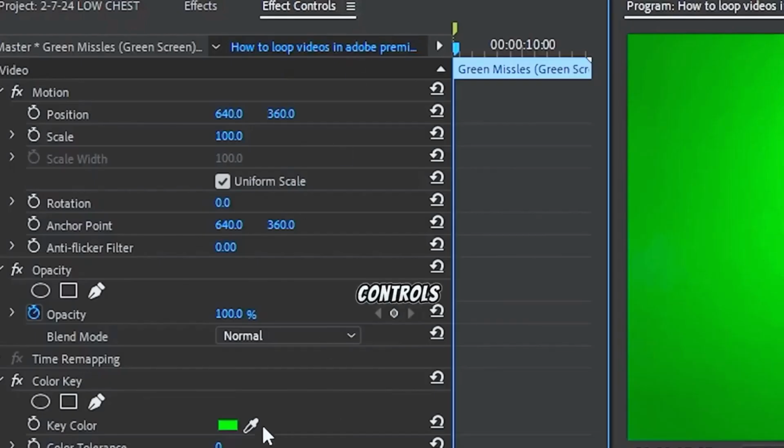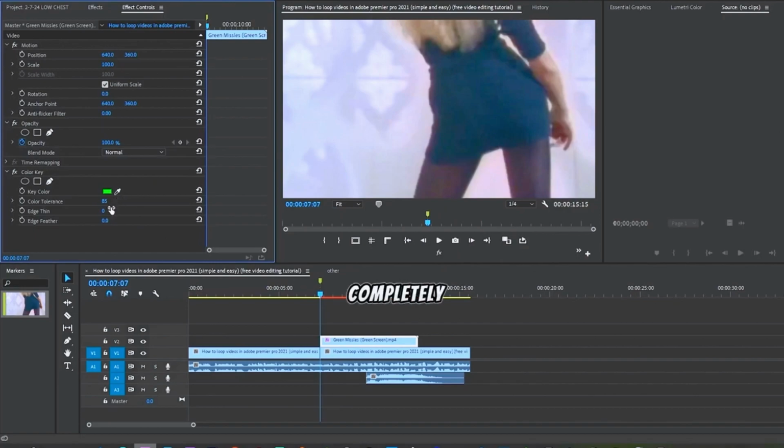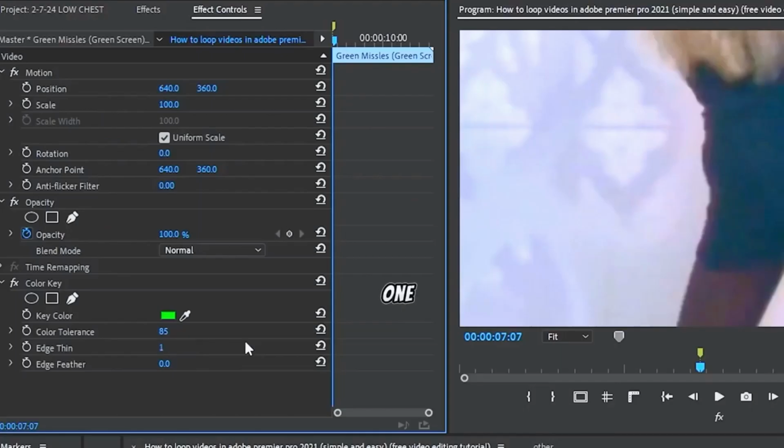Where you go back to Effect Controls, and under Color Tolerance, drag this to the right. As you can see, it completely faded out. Edge thin 1 for preferences, and this is what this looks like. So as this